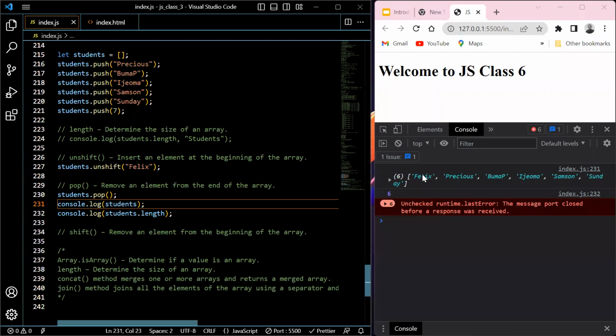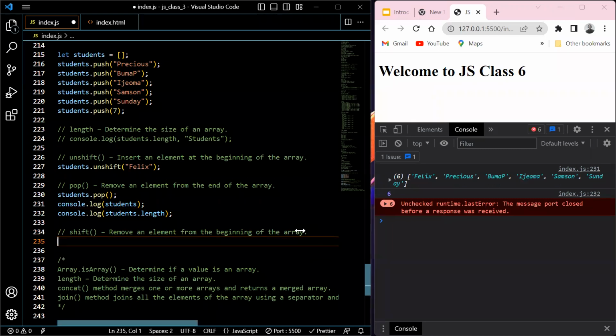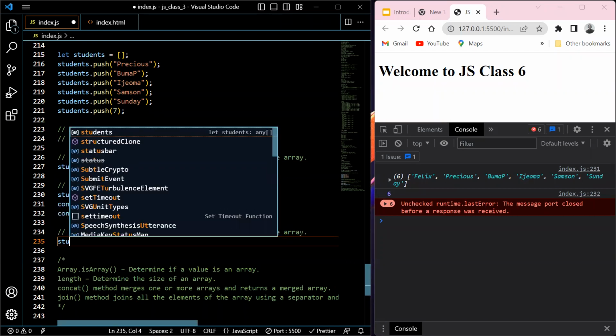What if I want to remove Felix? I now discover that Precious came in before Felix, so Felix should be pushed out. That's why I'll now make use of shift. I can now say student.shift,